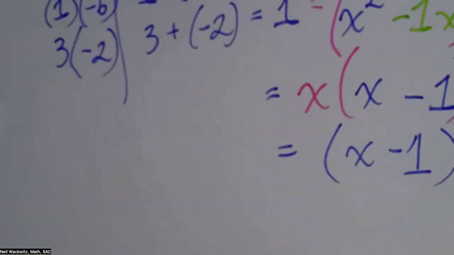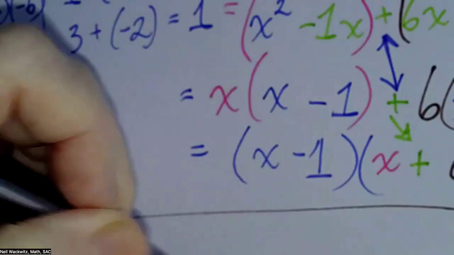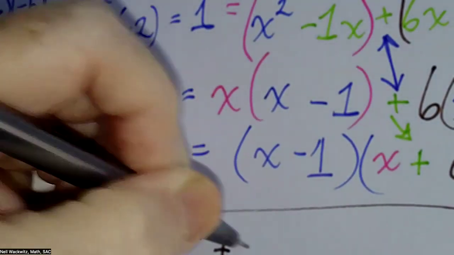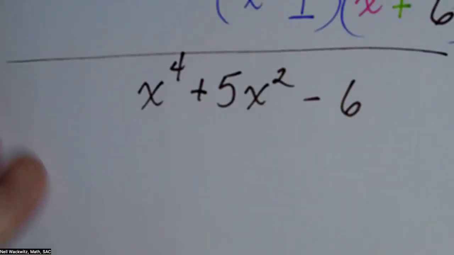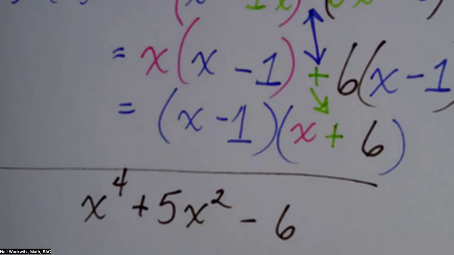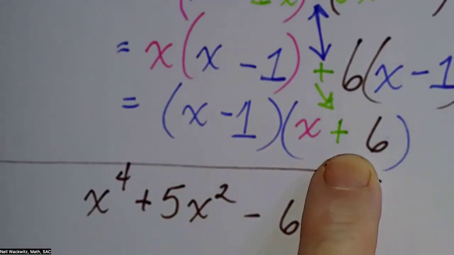Now, what if we had x to the fourth plus 5x squared minus 6? Would the numbers be, would the -1 and the 6